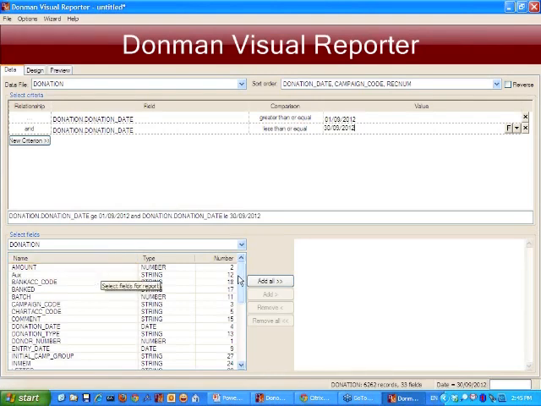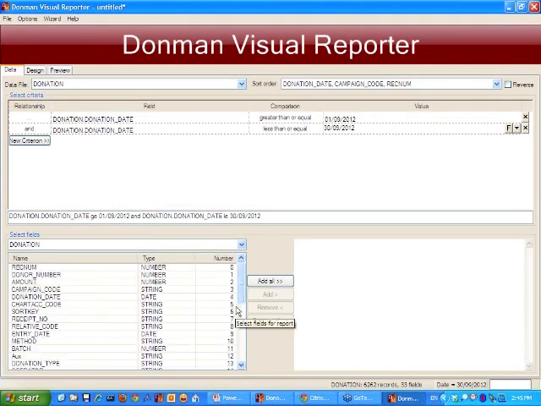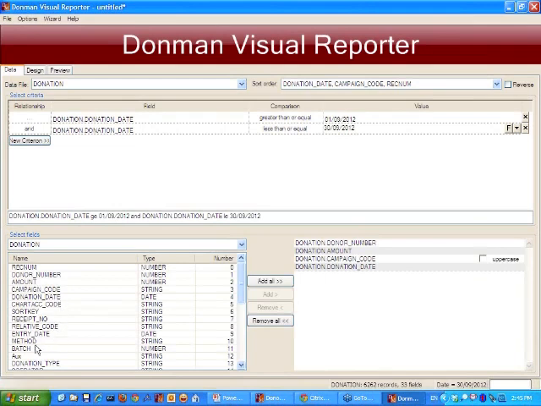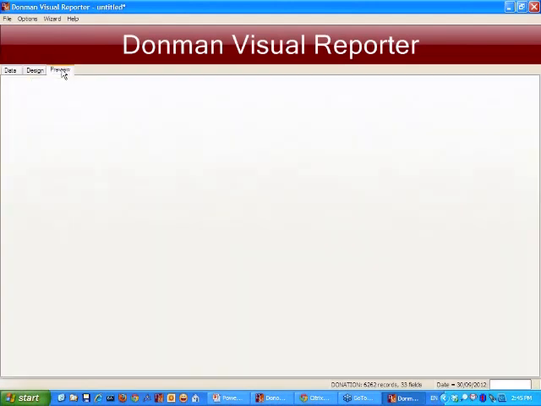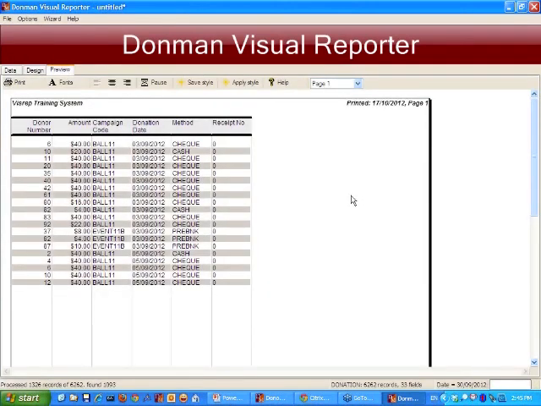Well, I want to output the donor number. So I'm actually going to resort this in the order that it appears in the file by clicking on number. I want the donor number, the amount, campaign code, donation dates, maybe the pay method, receipt number, whatever it is that I want. And then I can simply go, and there's my report, nice and quick, in donation date order,